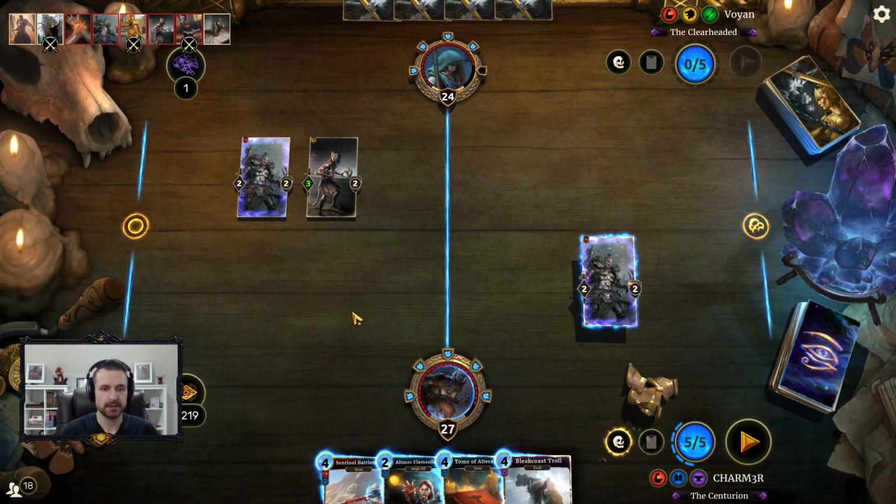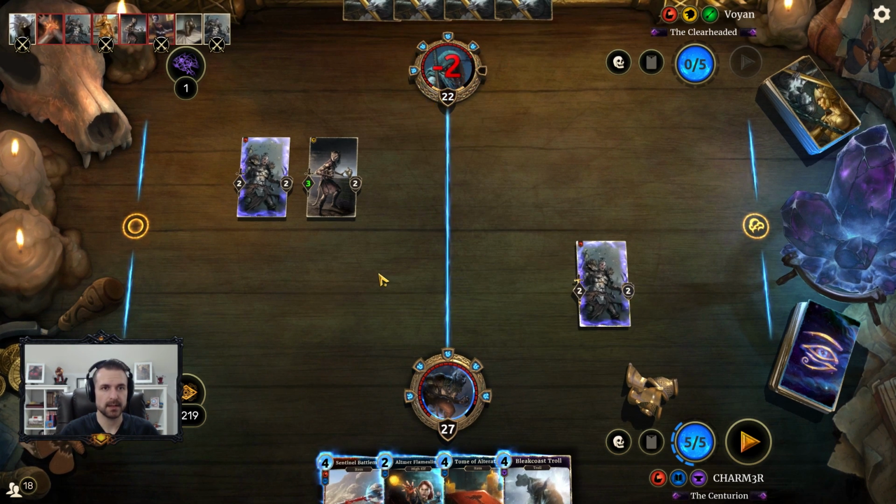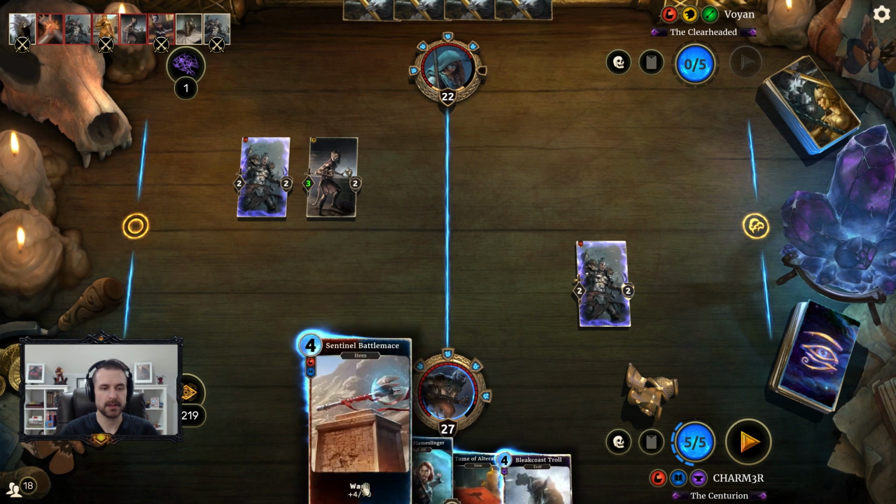So now let's go ahead and see what we got on this end of things. Come at me. Now we're at that point where we have to decide, do we want to race or continue fighting for the board? Because we could throw this troll over here, but they could just trade into it even. Or we could throw it over here and try to race them. And now we do have some reach